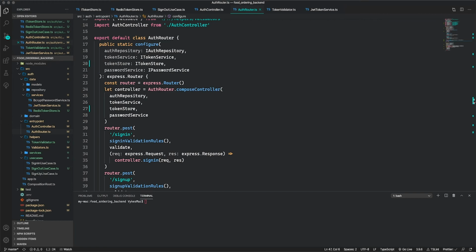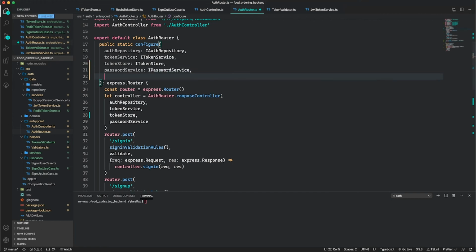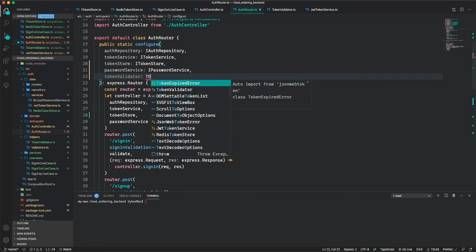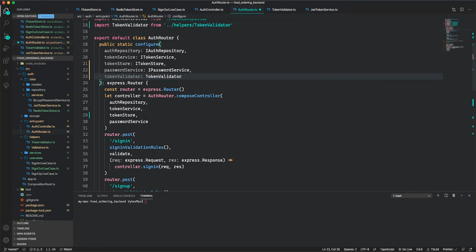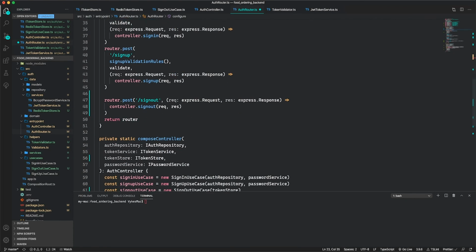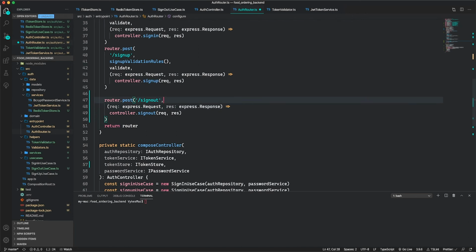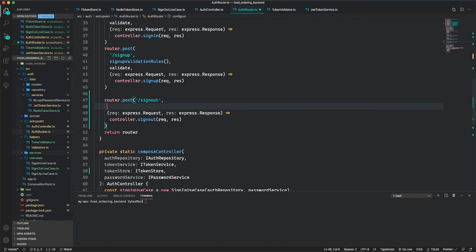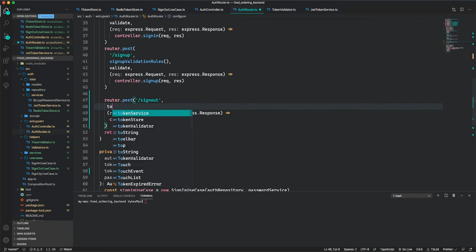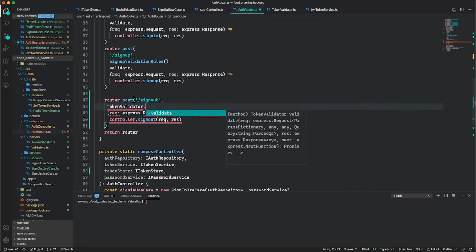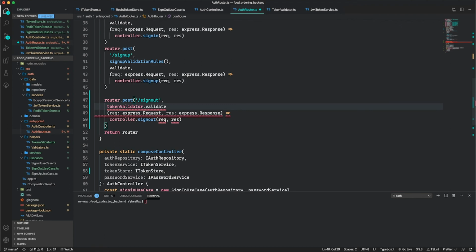inside the configure method. I'll say token validator of type token validator. And then here inside my sign out, before the controller, I am going to call that validator method. So I'm going to say token validator validate,